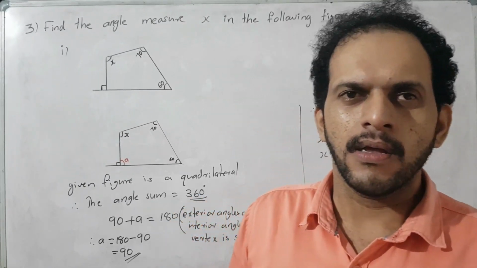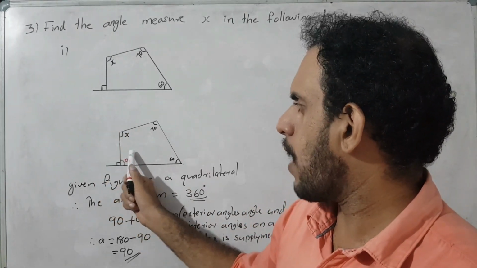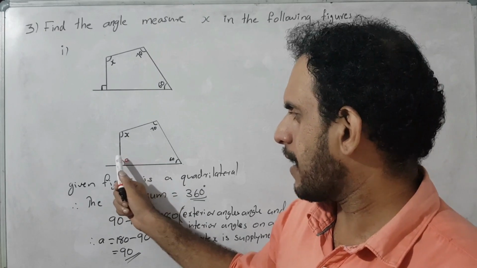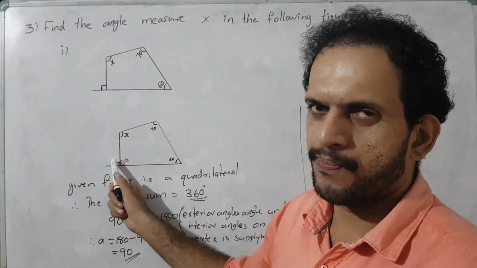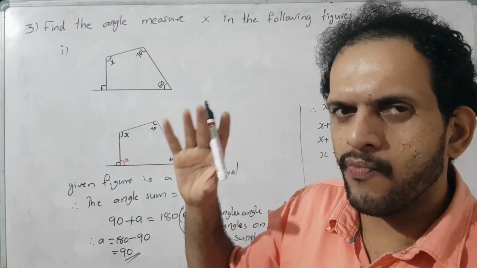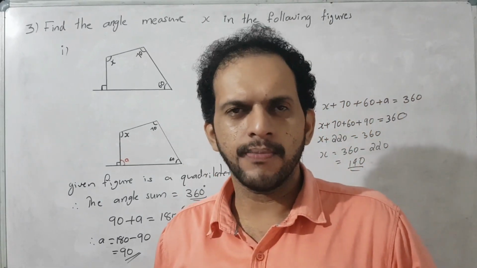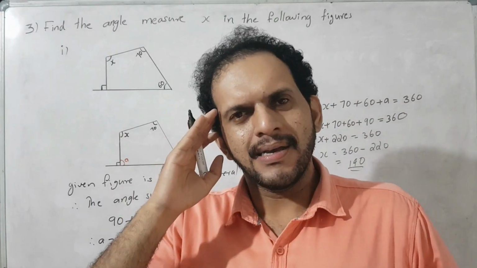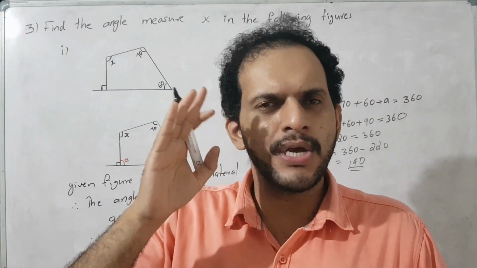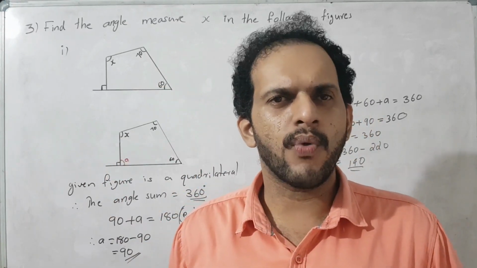Sometimes the question is given like this: the angle value is not given in the interior, but the angle value is given in the exterior. According to the question, we need to find the angle value, which may be exterior or interior. The idea is that the exterior angle and interior angle at the same vertex are always